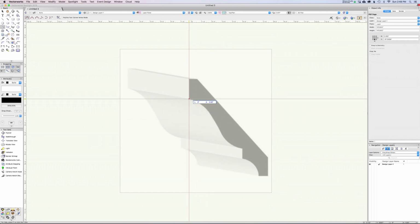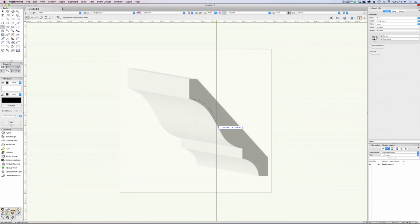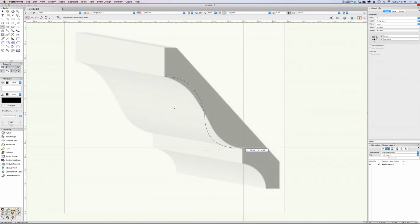So I know the curve's going this way, so I'm going to kind of overshoot it, click and drag and pull down. And I'm off, and that's okay, because really we're just trying to get the major points and the general flow and vibe of this in place here. I've gone a little too far. It's okay. And then we'll click again,